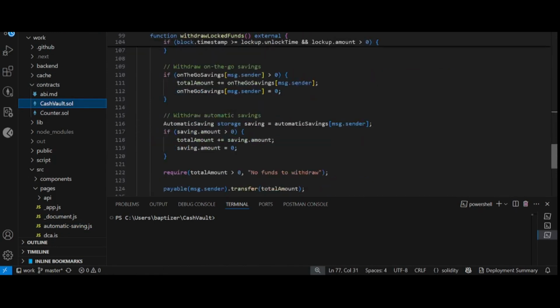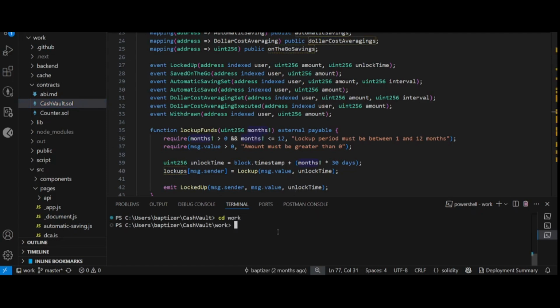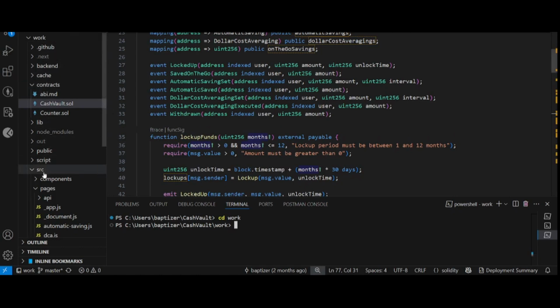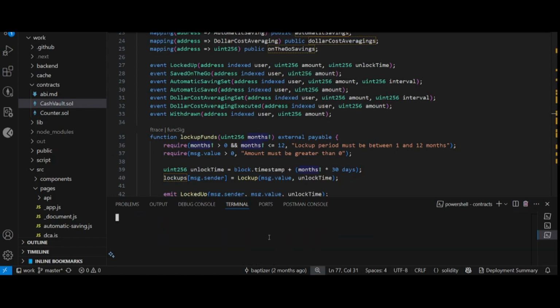And for you to use Aderyn, first thing first, ensure you are on the correct path. So in this instance, this will be cd work. Then where is the contract? It's not in src, it's in contract. So let's cd to contract. Then if you want to run anything, you say aderyn. But let's try to say aderyn help or simply just aderyn. Once you run Aderyn,